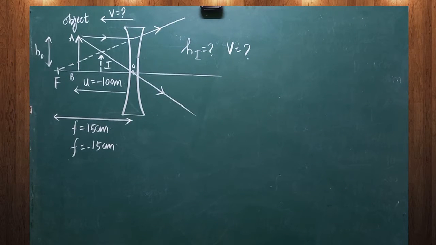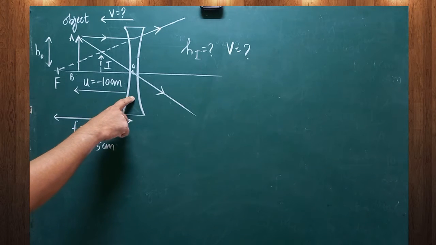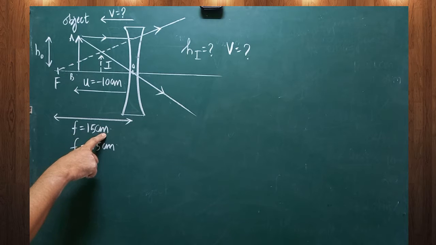Now we are going to solve the second problem in the optics chapter, which is given on page number 30, in the 8th subdivision, second problem. This problem is based on a concave lens. Look at that. One concave lens is given, its focal length is 15 centimeter.